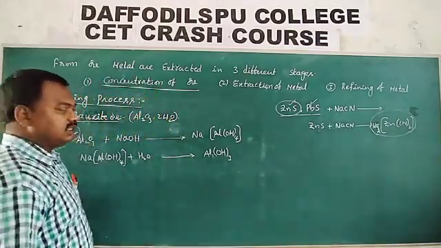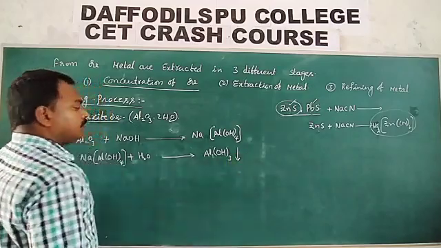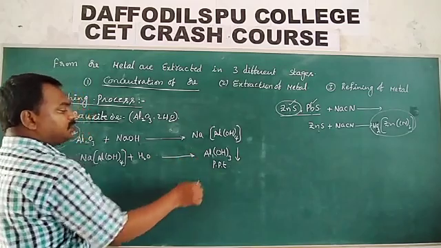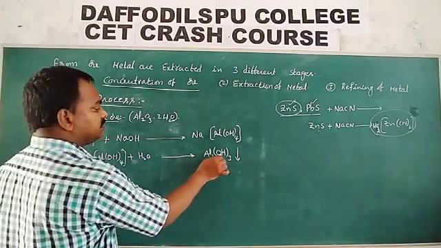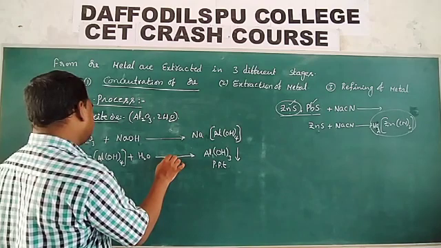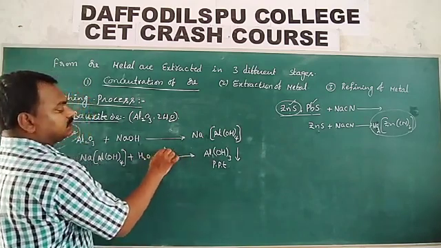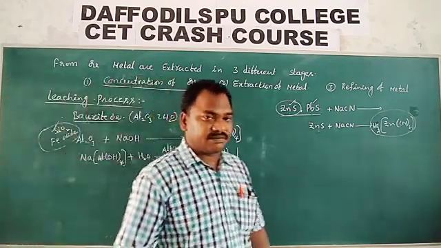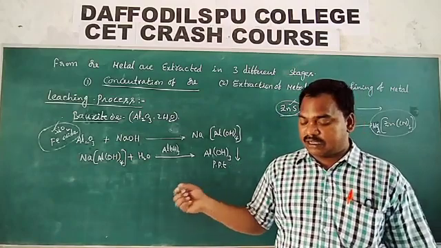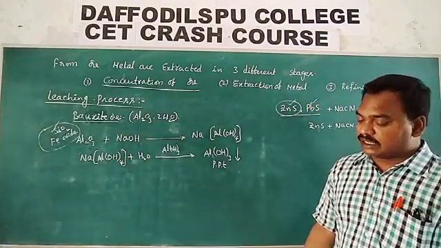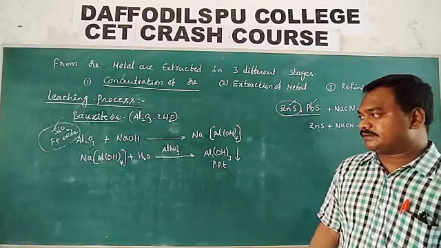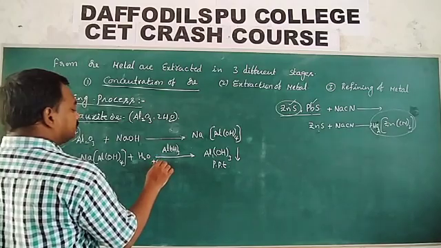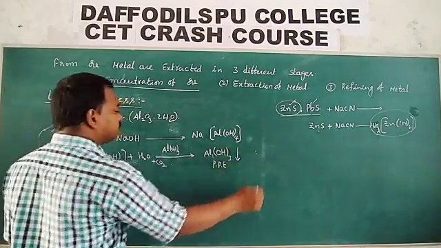So Al(OH)3 is precipitated. This is the precipitation. To make this precipitation process quick, seeding agents like Al(OH)3 are added. The precipitating substance is Al(OH)3, and the seeding agent is also Al(OH)3. During this process, carbon dioxide is also passed. When carbon dioxide is passed, you will get sodium carbonate.